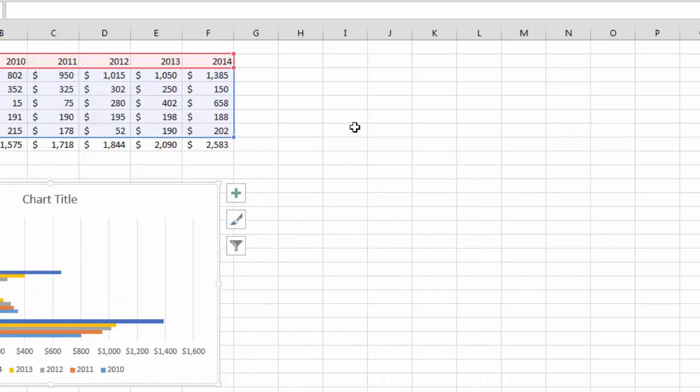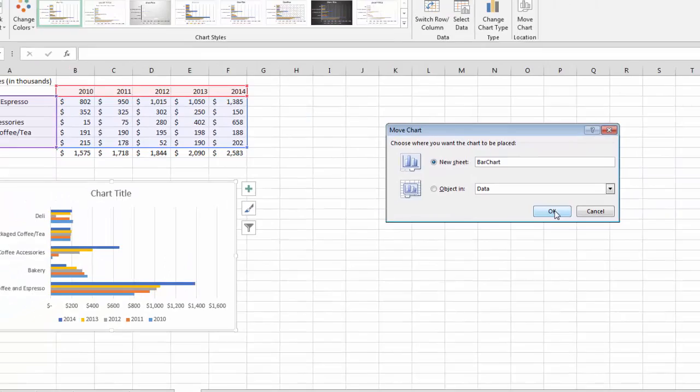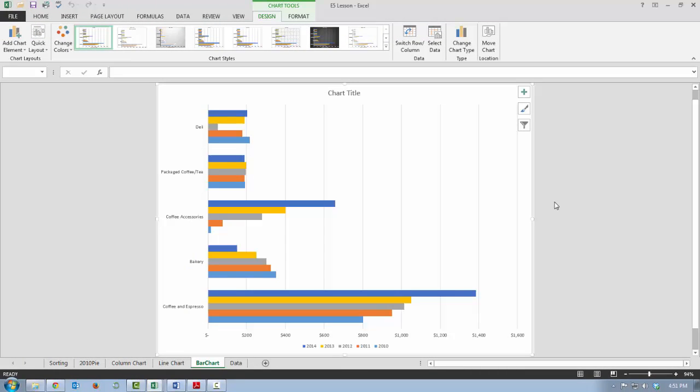Let's move our bar chart to a new sheet. Chart Tools Design, Move Chart, Bar Chart. And let's look at some things that are very similar in every chart. One thing is it's always going to be a graphical representation of some sort. So you have your axes, and axes show on every chart except the pie chart, because that one is parts of a whole, so it